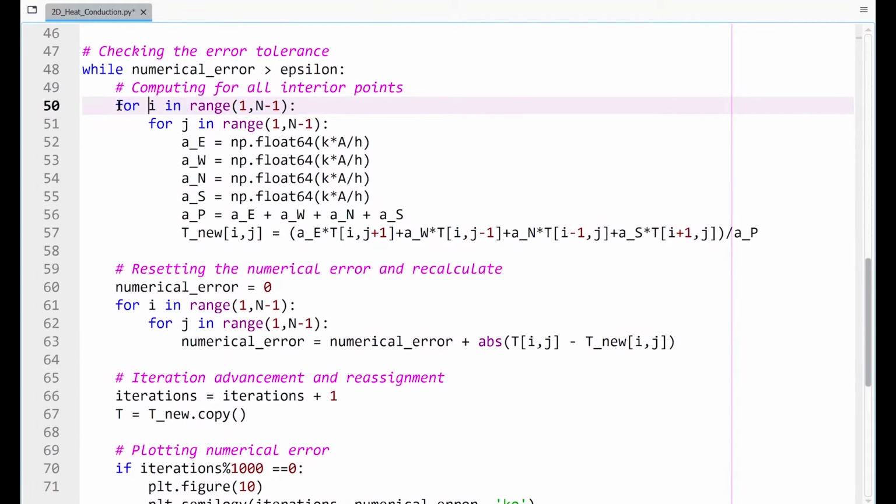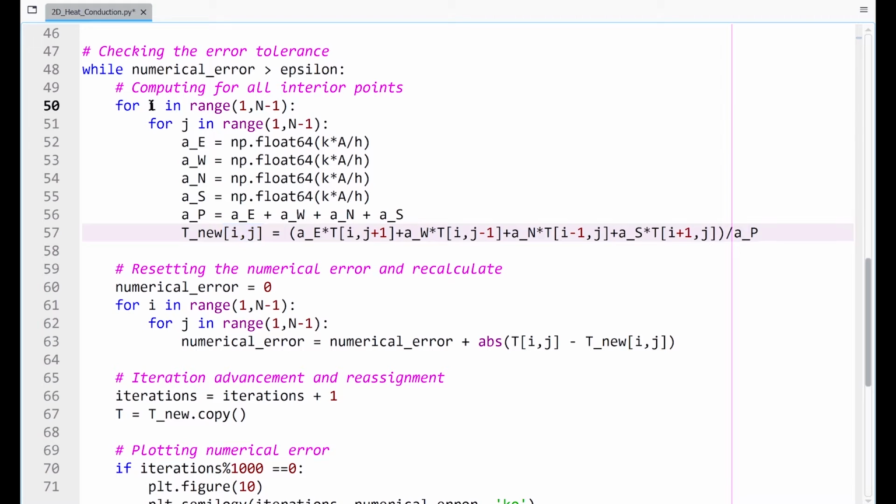So here we have for i in the range of 1 to n minus 1, and for j in the range of 1 to n minus 1 again. And take care of this indentation here, because within the first for loop we have the next for loop. One of them should be within the other, so that we can carry out the computation for every i, j point.